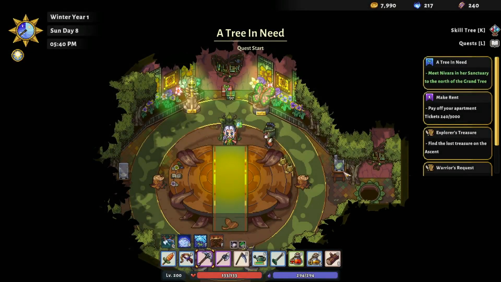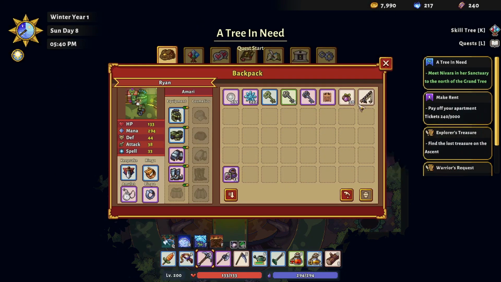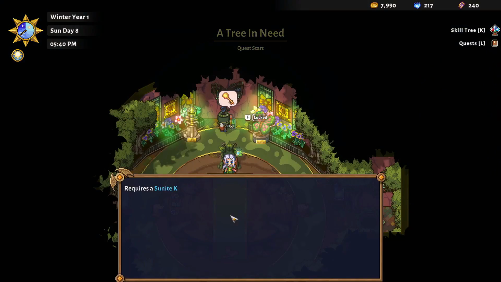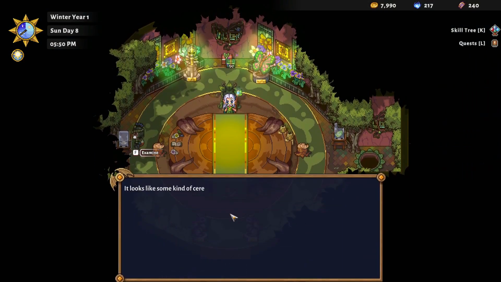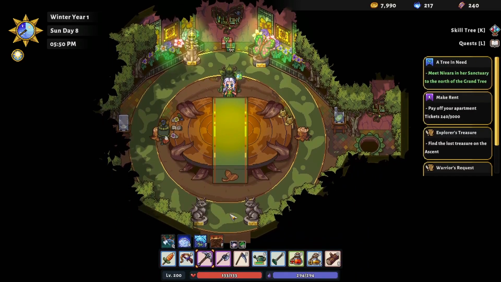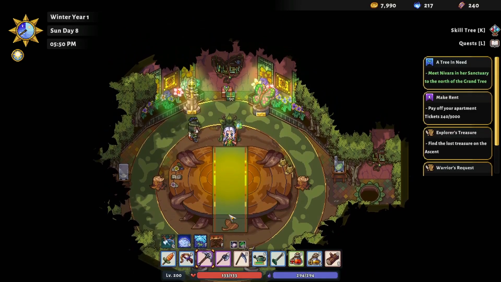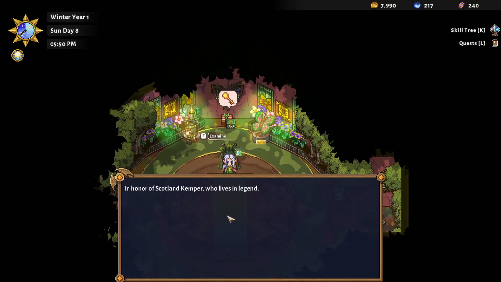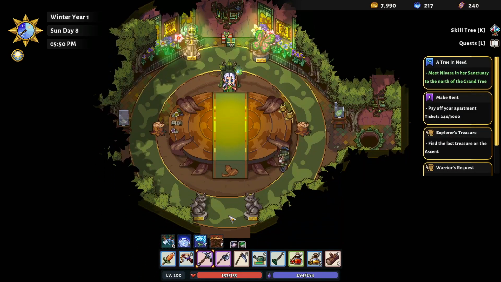All right, here we go. What did we get exactly? I don't see it. Oh, look. Sunite key. There's another chest that requires a sunite. Let's see, what is this? Interesting. Neat. Examine. Anything worthwhile here that we can examine? Probably not. Okay, so what are we doing? Going up to the wind lift, I guess, or...